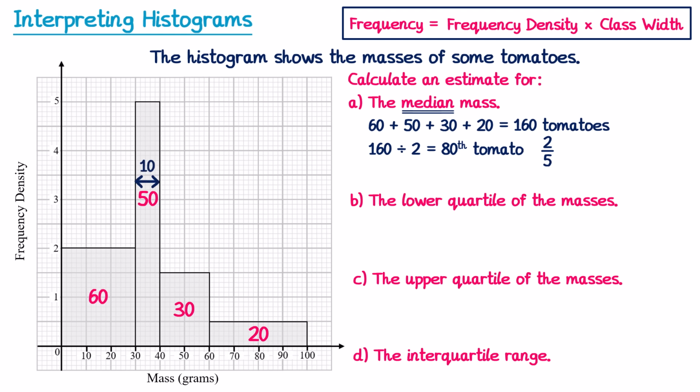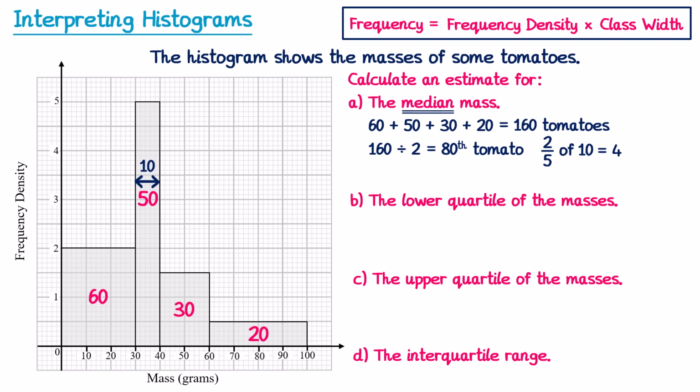This bar has a class width of 10, and we want 2/5 of this bar, so we need to go across 2/5 of 10. So if we work out 2/5 of 10, well you just do 1/5, which is 2, and 2/5 would be double that, which is 4. So if the width of the whole bar is 10, we only want to go across 2/5 of 10, which